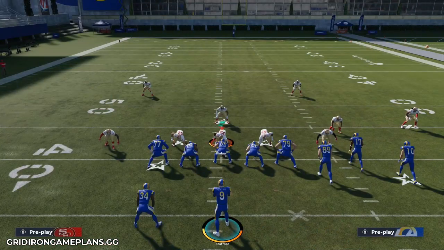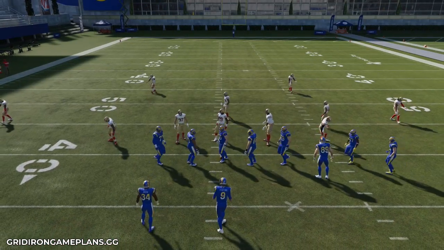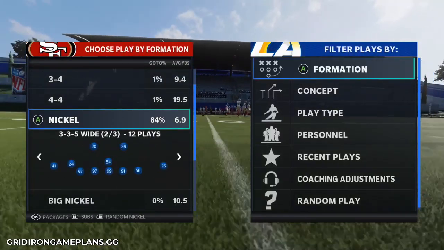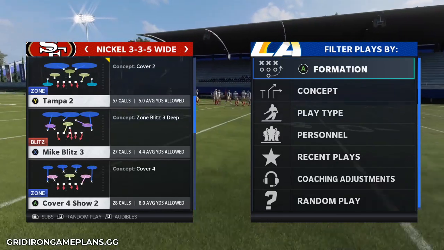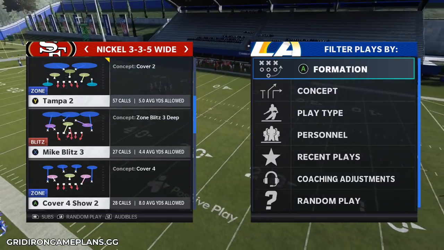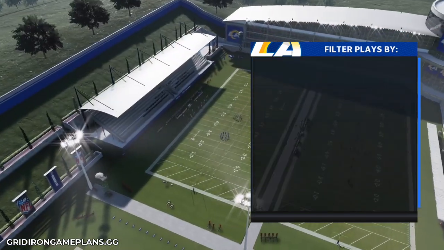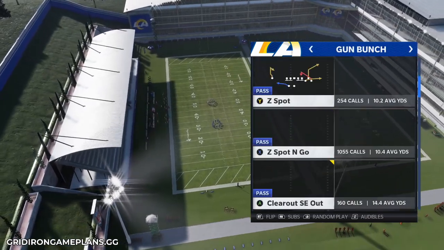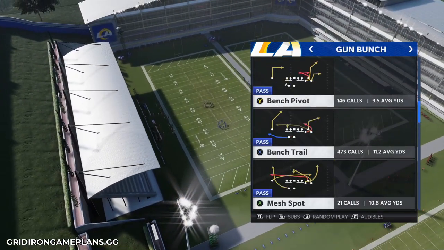Now, I did mention just about 2 minutes ago that you've got a little bit of a setup here with this play that messes up quarters. The cover 4 show 2 is actually quarters in this particular formation. A lot of people didn't know that, but let's say you wanted to run bunch trail and